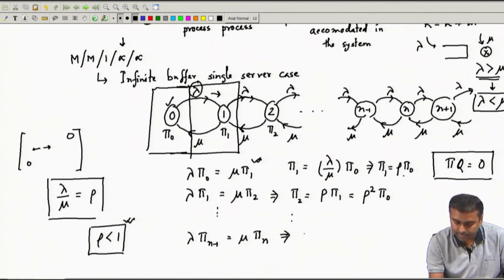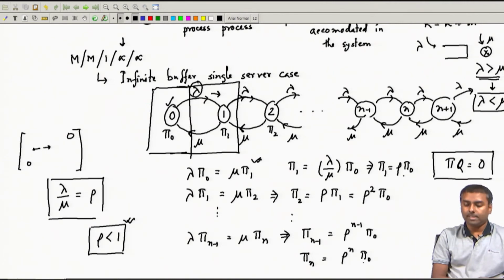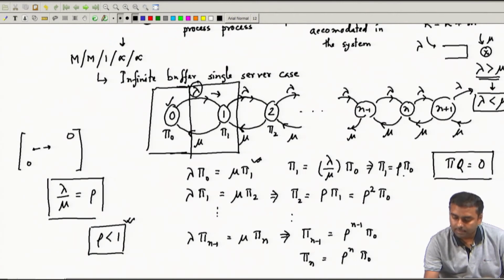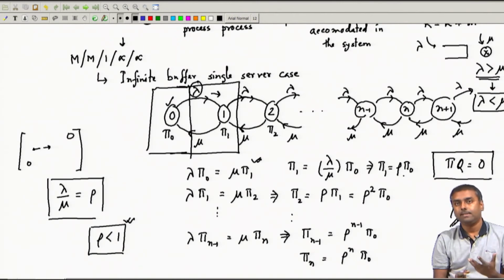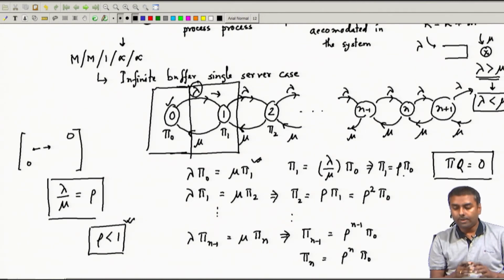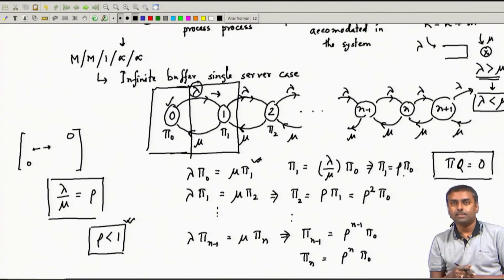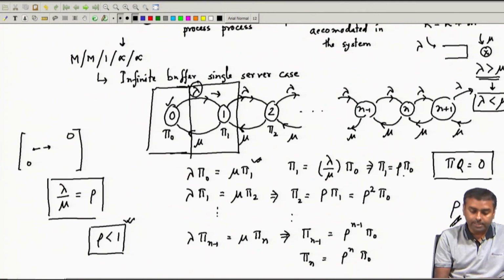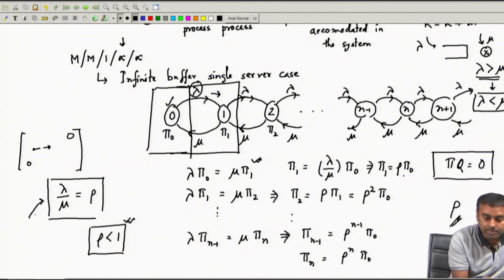So, finally, this pi n minus 1 will be rho to the power n minus 1 into pi 0, and pi n in general will be rho to the power n pi 0. So, this set of equations we know. Rho is something which is the characteristic of the traffic. I must be knowing that, because if I do not know the characteristics of the traffic, that is, what is the arrival rate, what is the amount of service it is bringing on an average, then there is no point in characterizing this whole thing. Okay. So, that rho must be known, and rho is actually this lambda by mu,